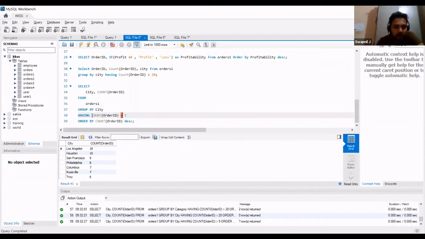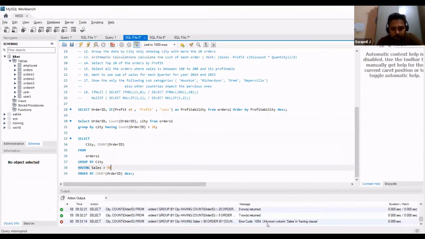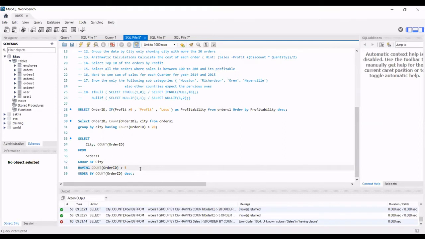For example, if I give a having for all the cities which have sales greater than 50, here our having won't work. So it works with aggregate functions like count. Okay, got it. So if you want to put a plain condition, then you have to go for the where clause.